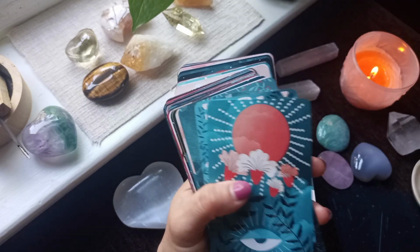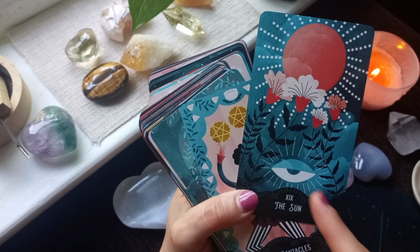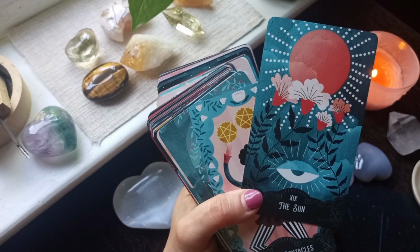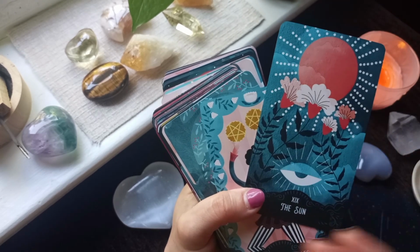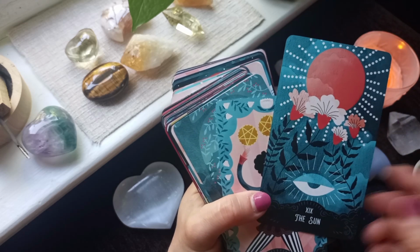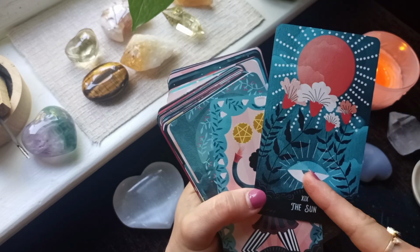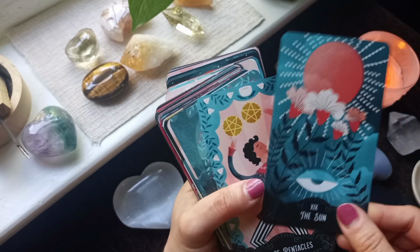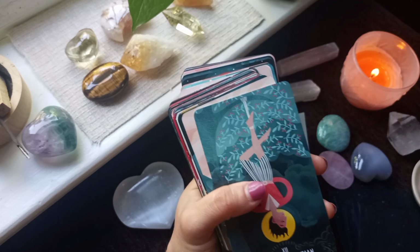Five of Pentacles, the Sun, and I love to see this all-knowing eye in the card, because the Sun brings everything to the light. It's vision, it's clarity, it's truth. And this is one of those cards that differs a little bit from the traditional Rider-Waite-Smith way to represent the arcana, because we don't see the horse, we don't see the baby, but we see the all-knowing eye. It's opening your eye to vision, to truth, authenticity, visibility. Two of Pentacles, Hanged Man,